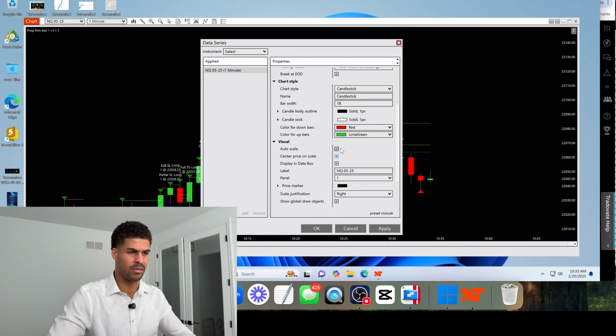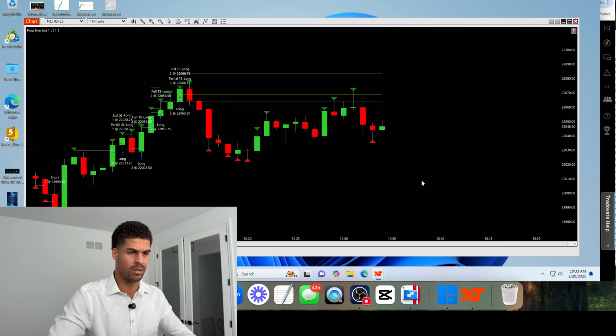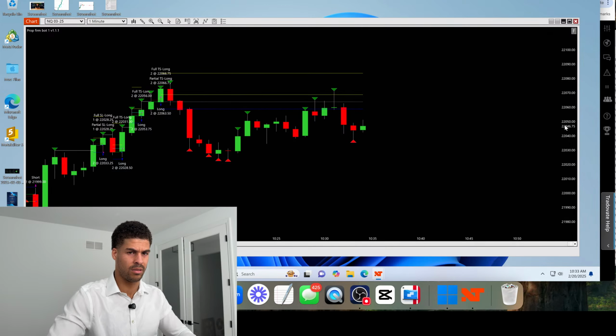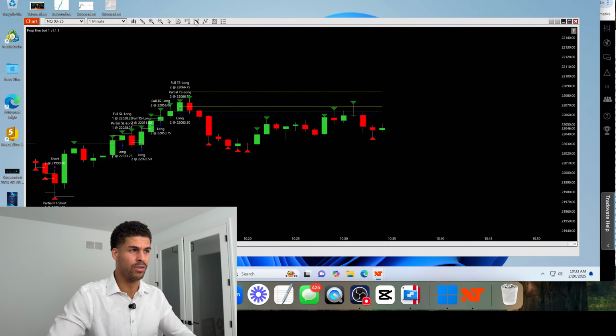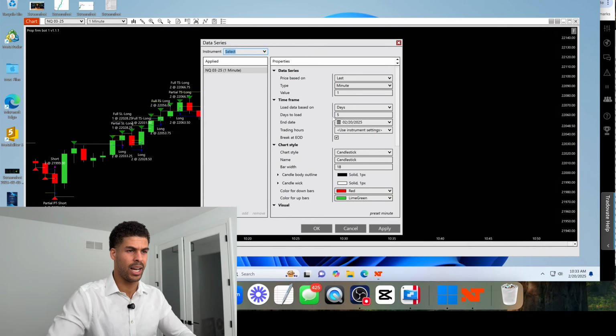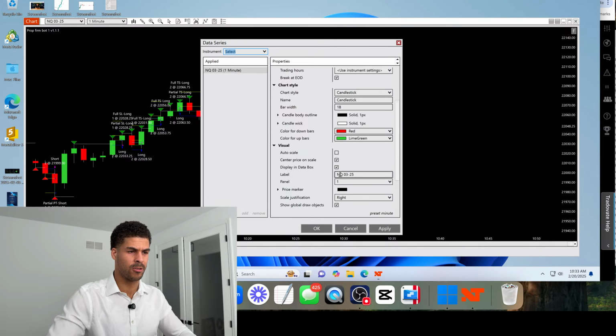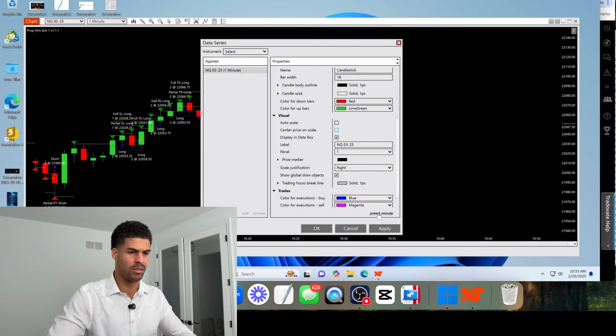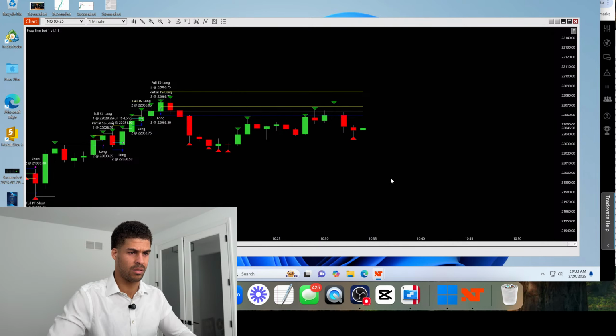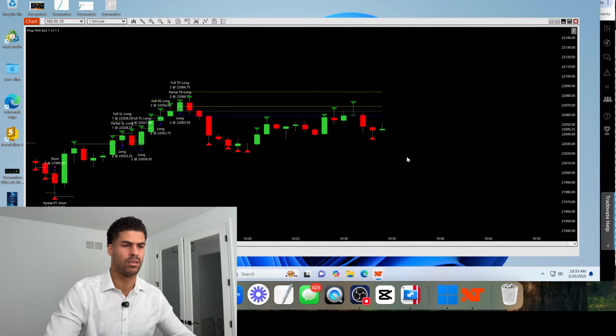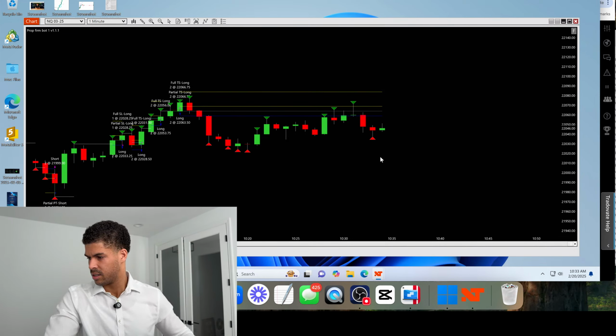What does that do? What if I don't want auto scale? How do I move this bad boy? Center price on scale, I don't want that. I want to be able to move this thing, but it's not allowing me to. Dot PX.